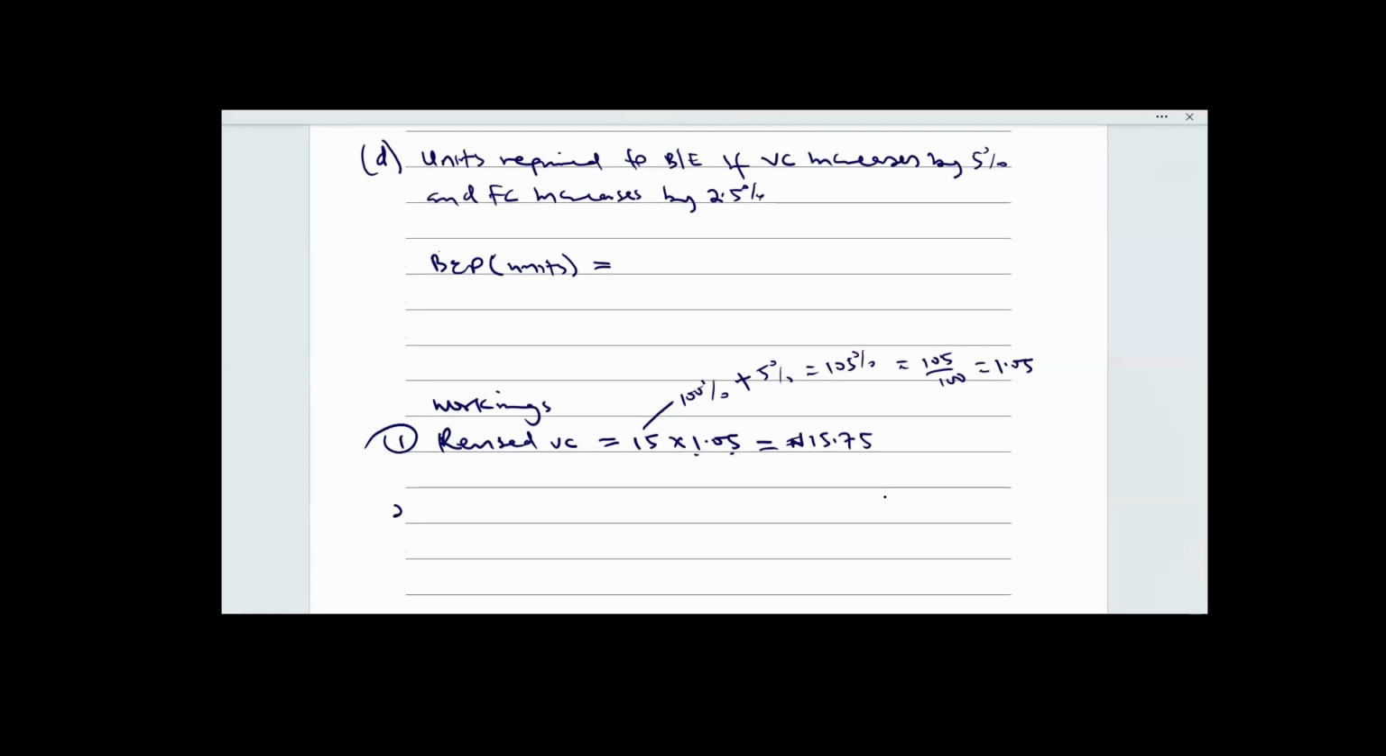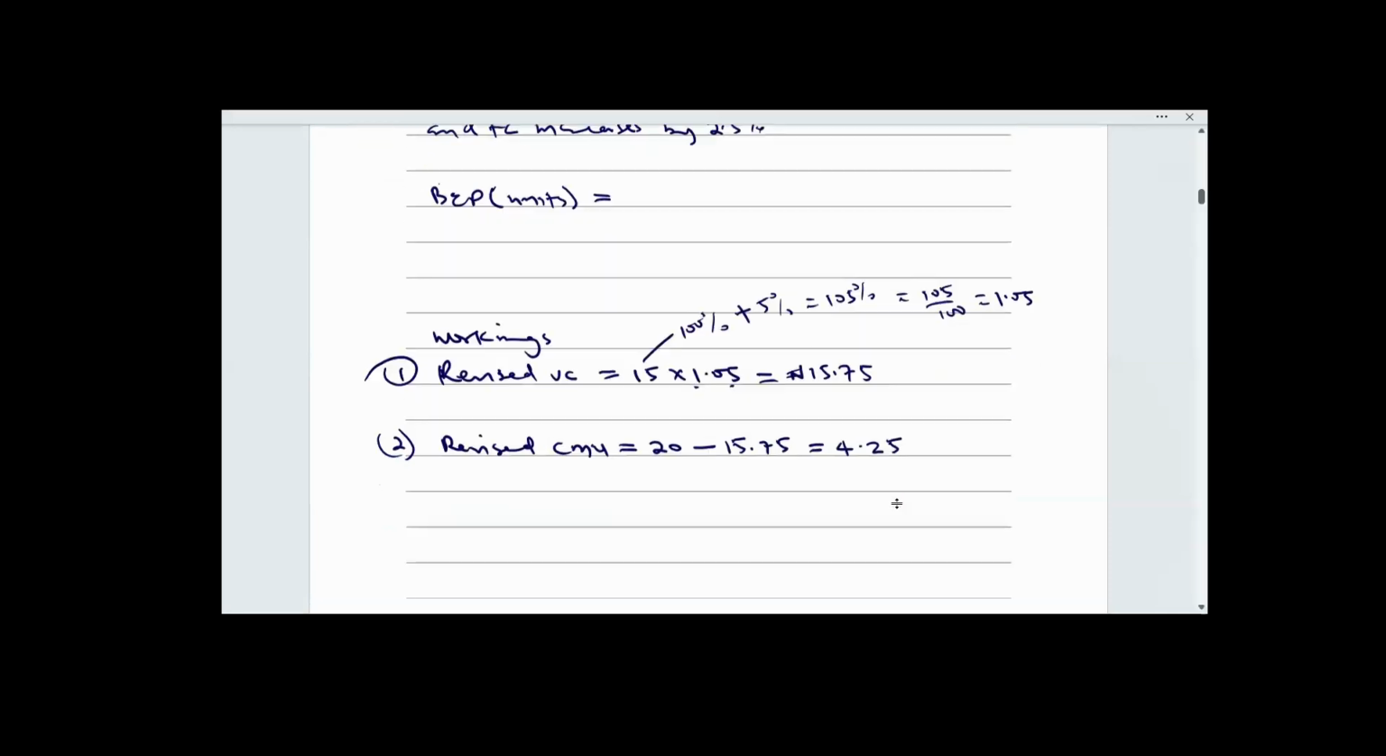If that is the case, I will also need to calculate, because my variable cost has increased to 15.75, my contribution margin will also change. Therefore, I can say revised contribution margin per unit will be equal to my selling price of 20 naira minus the revised variable cost of 15.75. Therefore, my revised contribution margin will be 4.25. So again,